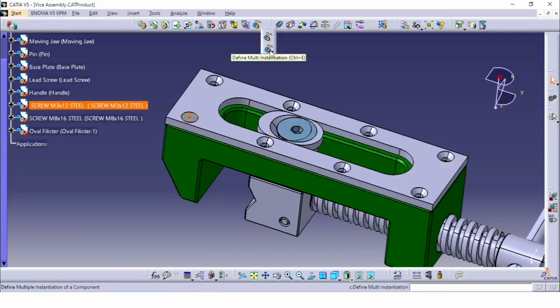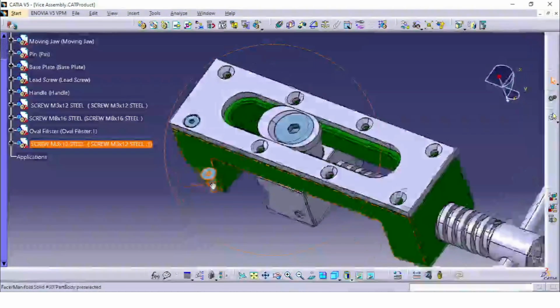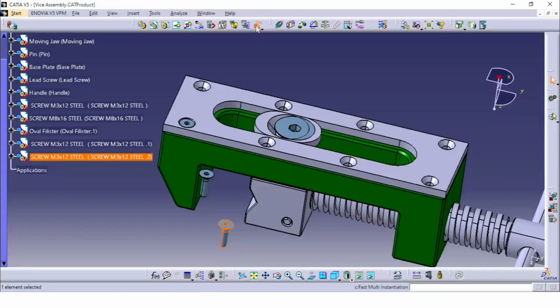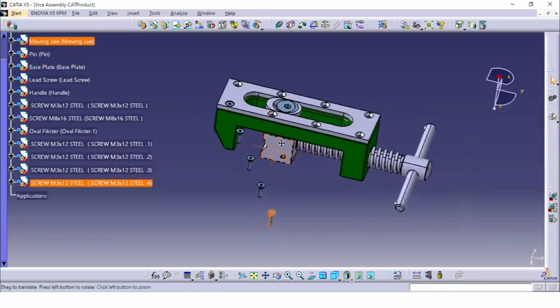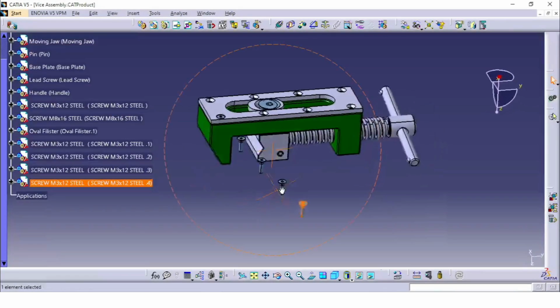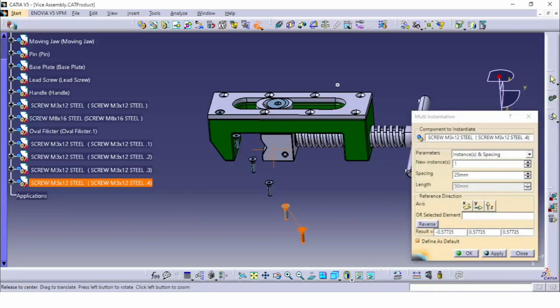If I select the fast multi-instantiation, you can see it creates one component when I click. Just click and it will create one component. In the same way, if I say define multi-instantiation,